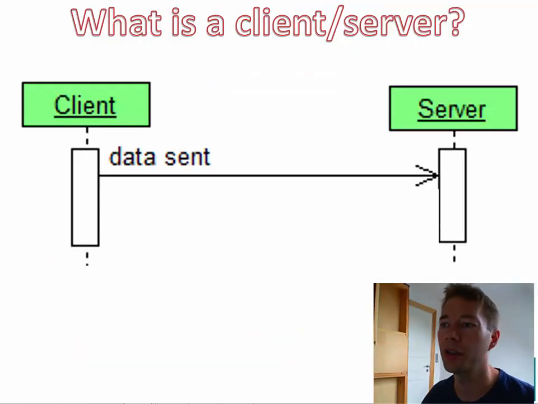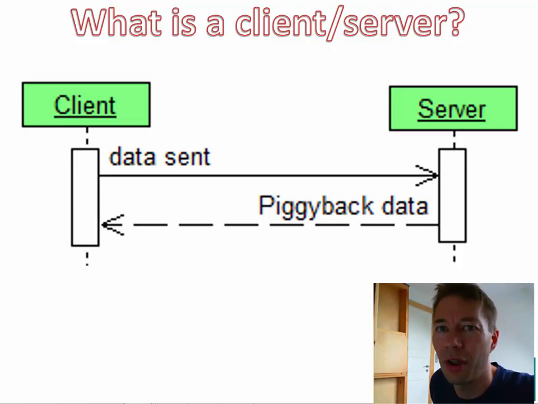So let's just get started. In this diagram we have a client and a server, and the client is the one with the initiative. The client is the one who does the stuff, and in this case it sends data to the server. Usually we also piggyback data so we can reply,